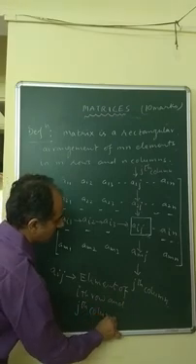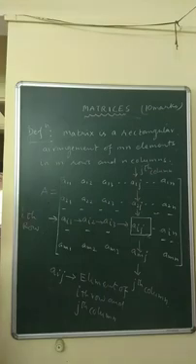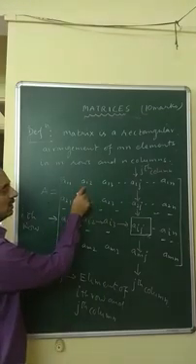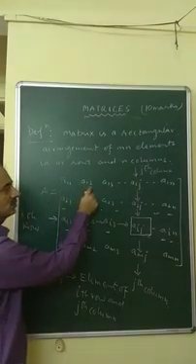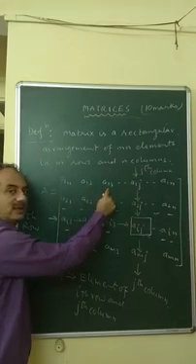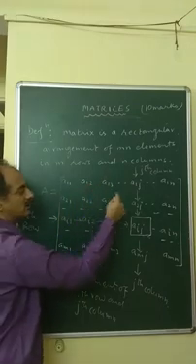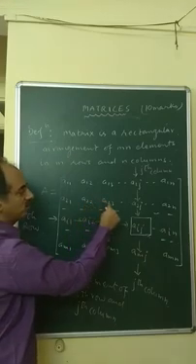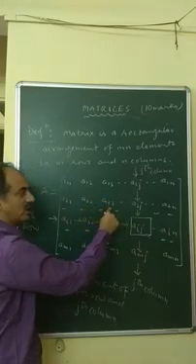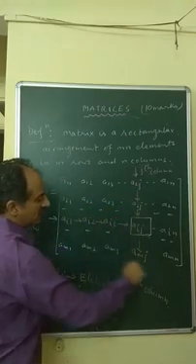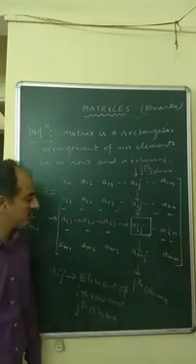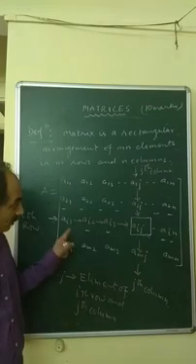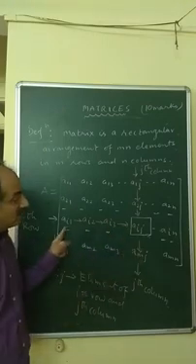Okay, so what is A12? A12 is the element of the first row, second column. A13 is the element of the first row, third column. A22 is the element of the second row, second column. A23 is the element of the second row, third column. So in this way you can write all the elements of a matrix, and for each element there is one address